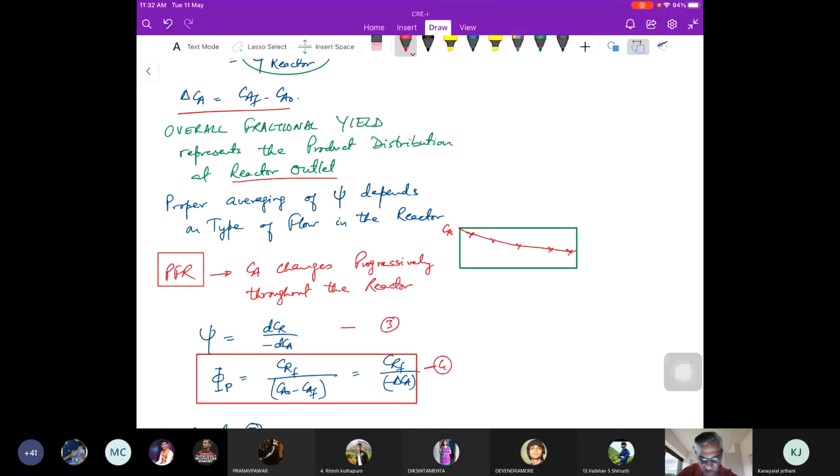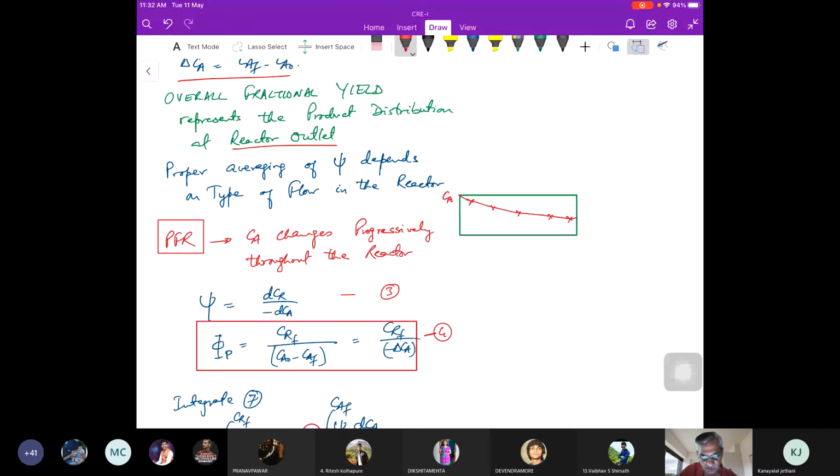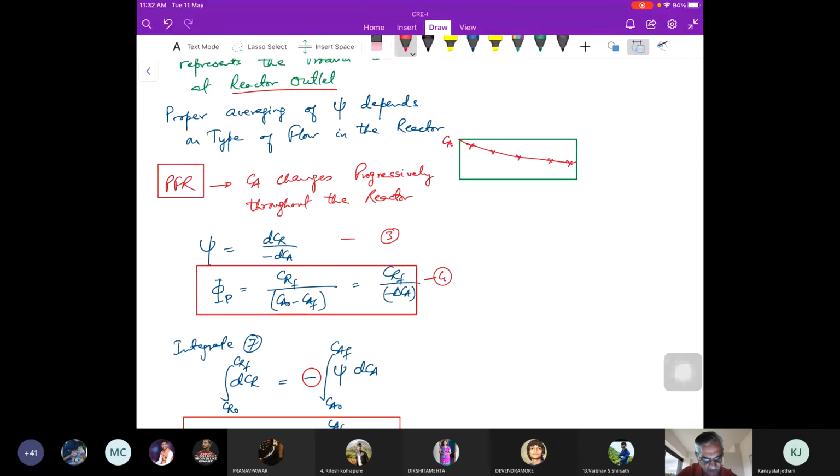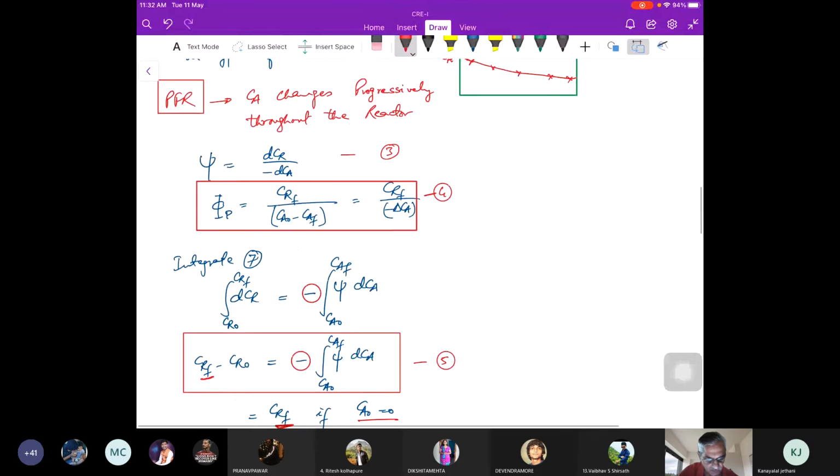What will happen if it is a PFR and what will happen if it is an MFR, because instantaneous fractional yield is different in both the reactors. So psi we are saying is dCR upon minus dCA, and phi p we are saying, this is equation 4. So we integrate